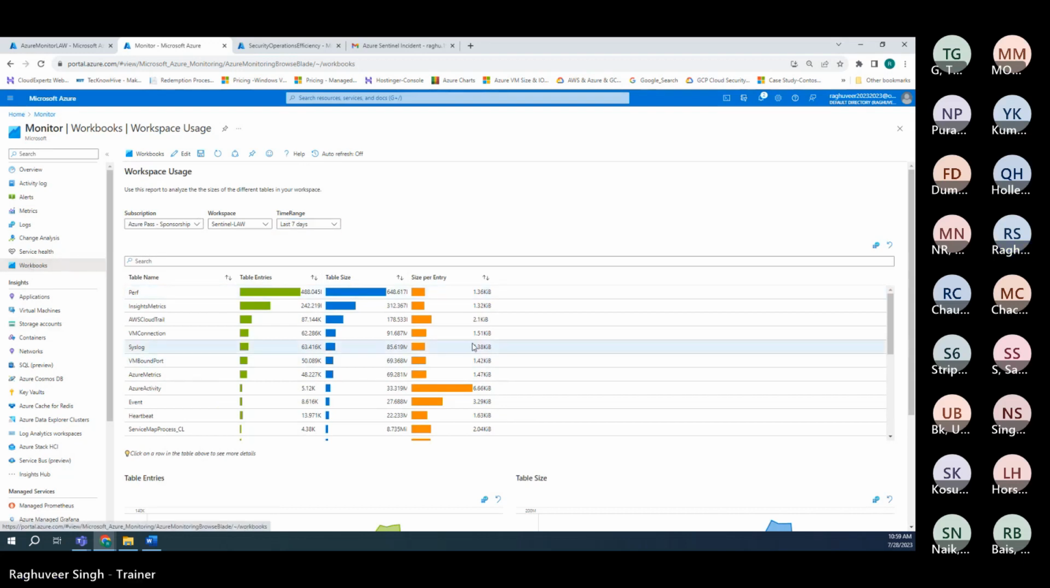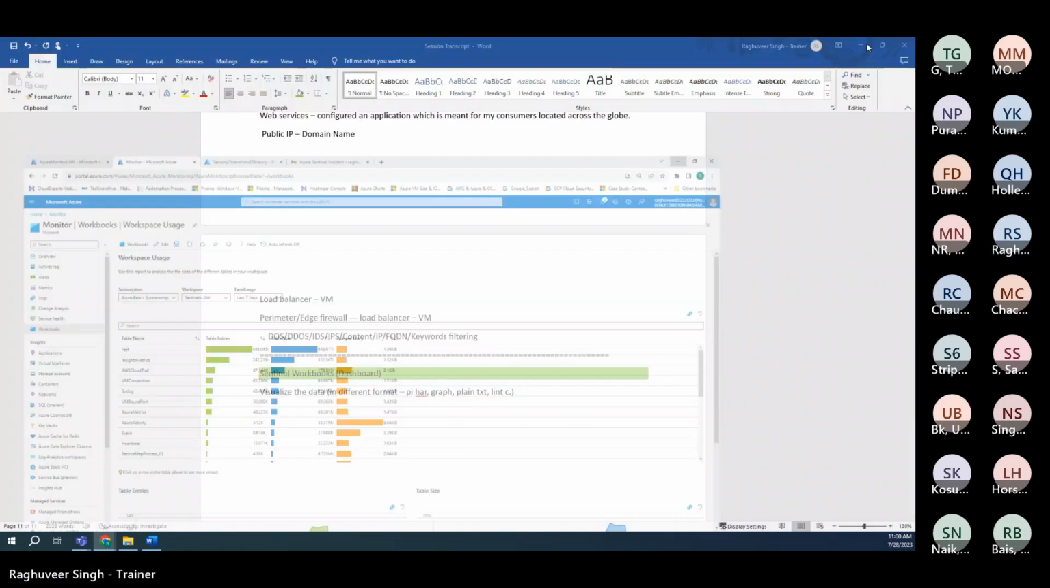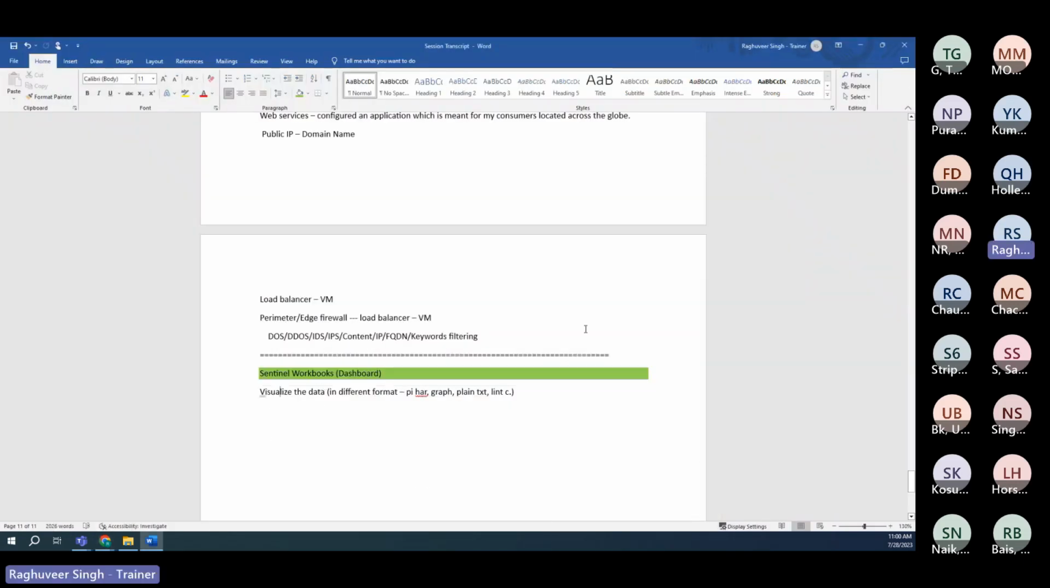Now, let's move on to the Sentinel and see what all workbooks are available in Sentinel and how can I create a custom workbook? How can I edit an existing workbook, out of the box workbook also? So, similar to analytics rule,